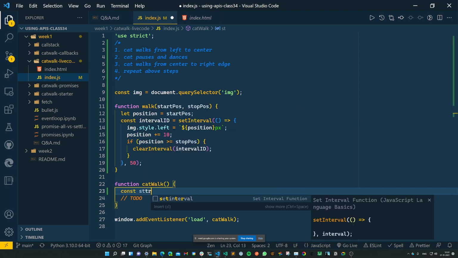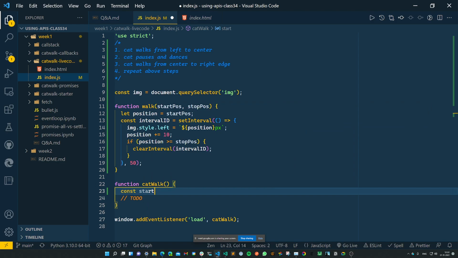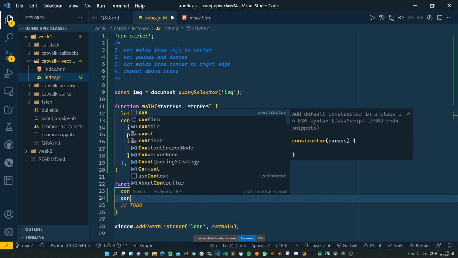Okay, we could say start pos. We could let it start at position 0, left edge of the screen, and we could let it stop at the, well,